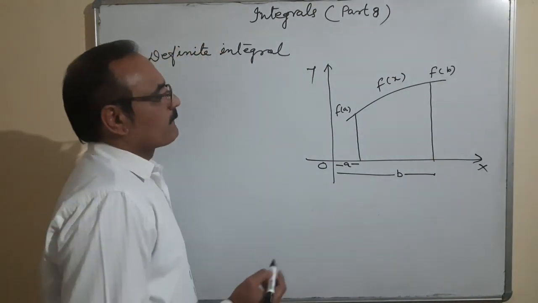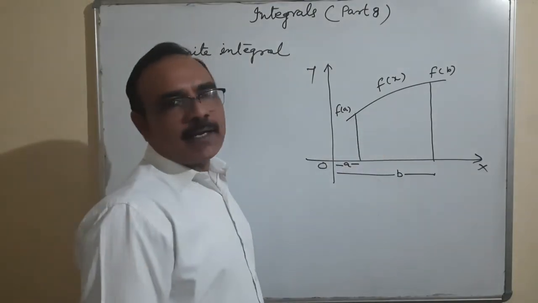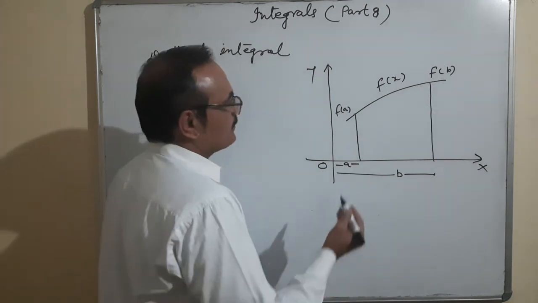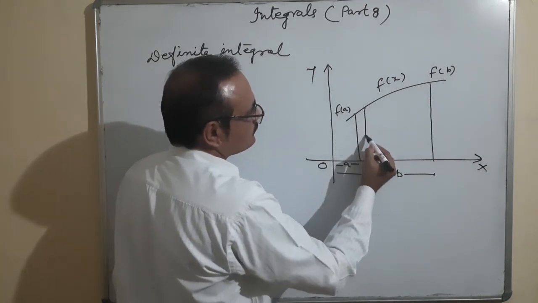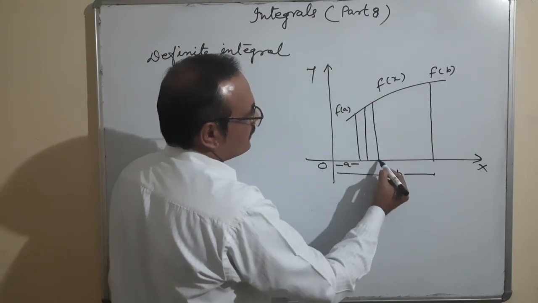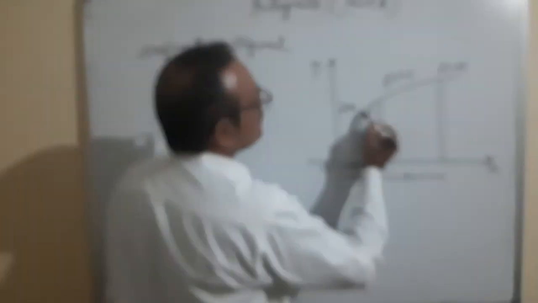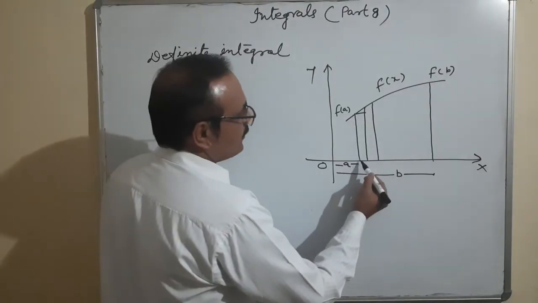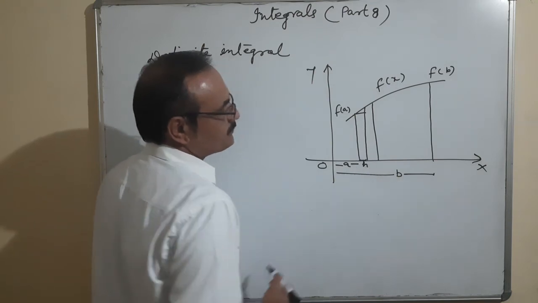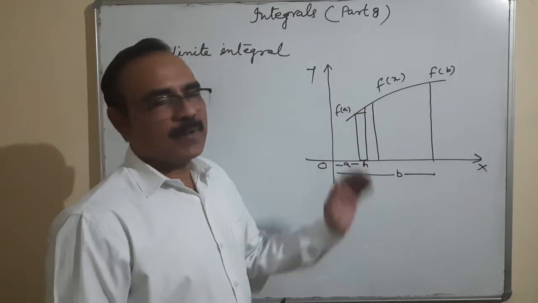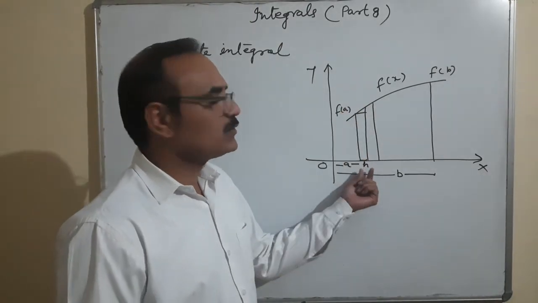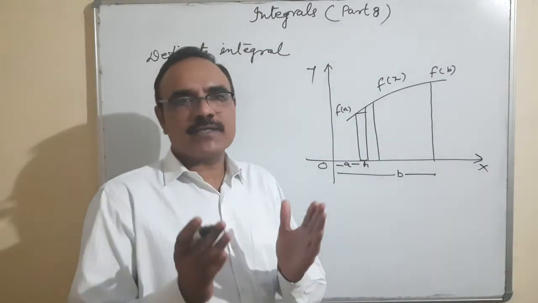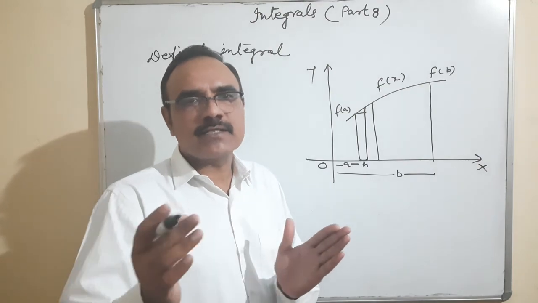Look here. Suppose this portion is divided into rectangular shapes, or we can use the term trapezium shape. For example, like this. This is a trapezium, and suppose the width of this trapezium is h. Then the area of a trapezium is equal to 1 upon 2 times the sum of the two parallel sides into the height. Height is h. But you can imagine the value of h is very small, and we can treat it as a limit, h tends to 0.